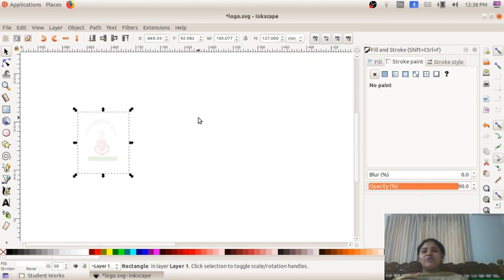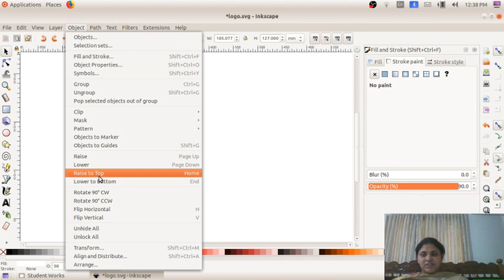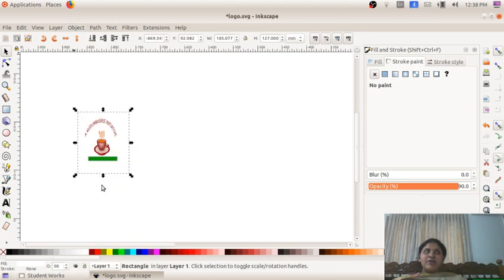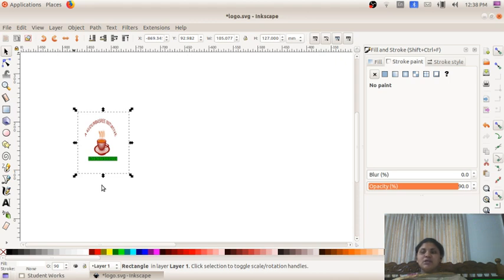Here what you can see is that the logo is not showing correctly. This logo is at the back, and the rectangle which we recently drew came to the front. So we have to place the logo in the front position. For that we already know Object, Lower to Bottom, which we discussed when creating the base of the saucer. I created a circle, and we placed that base on the base of the saucer using the method Object, Lower to Bottom. In the same way we are doing it here.